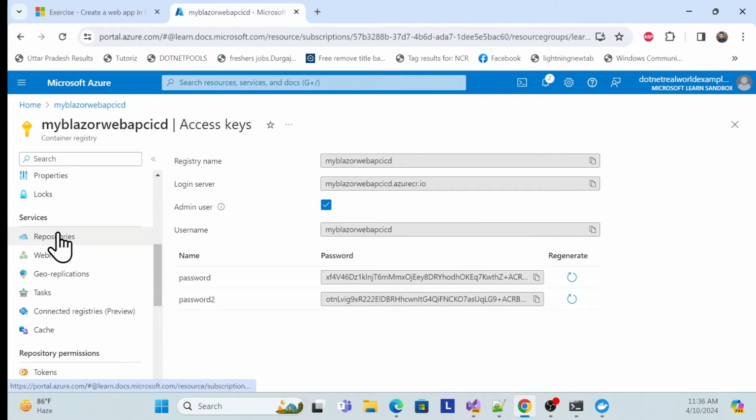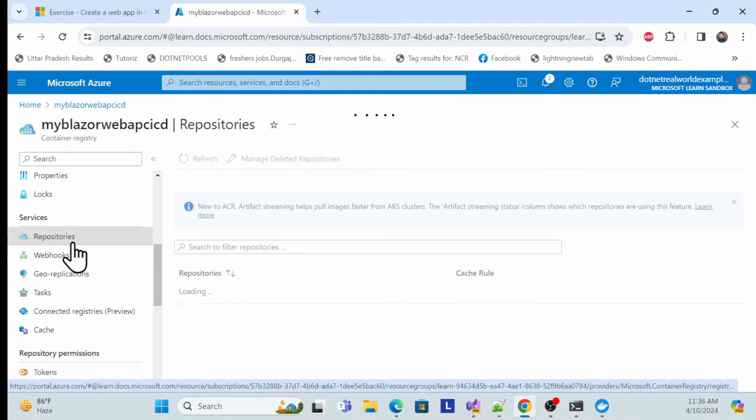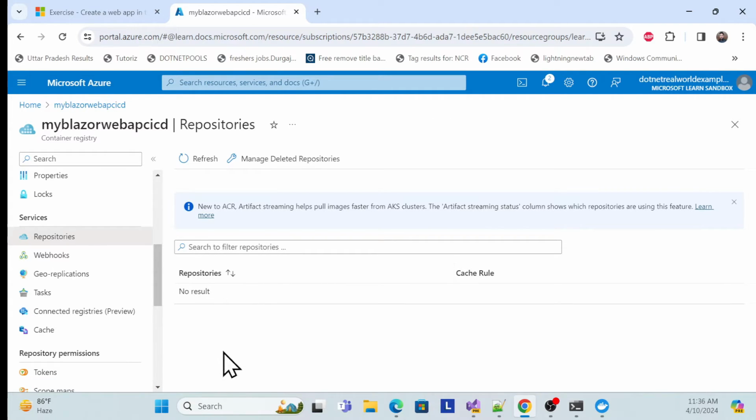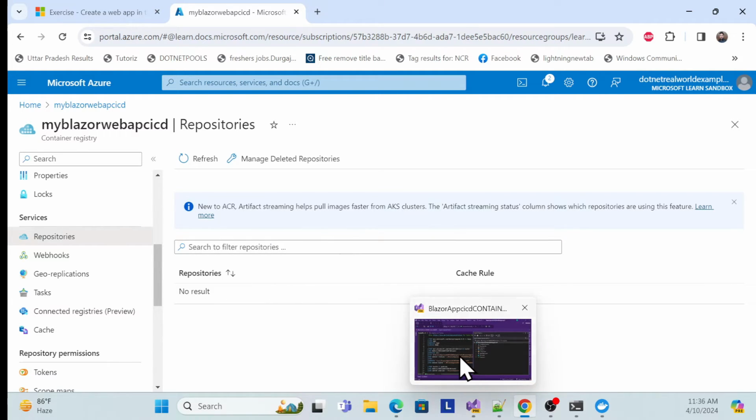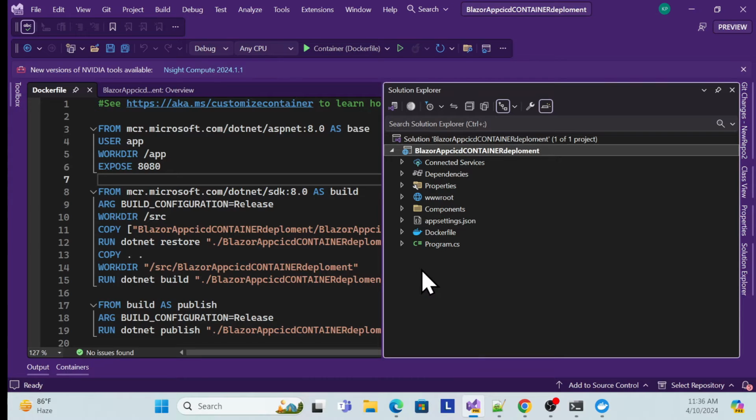And one more thing, if you go to the services section, the repository section, whatever image you push inside this container, you are able to see in this repository here. So as of now we don't have any. What I will do now is go back again to Visual Studio, and you can push your image for the first time,